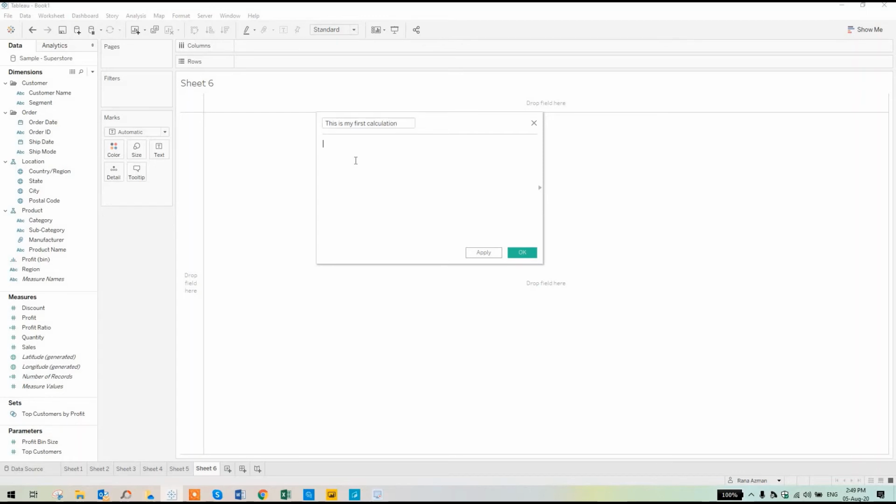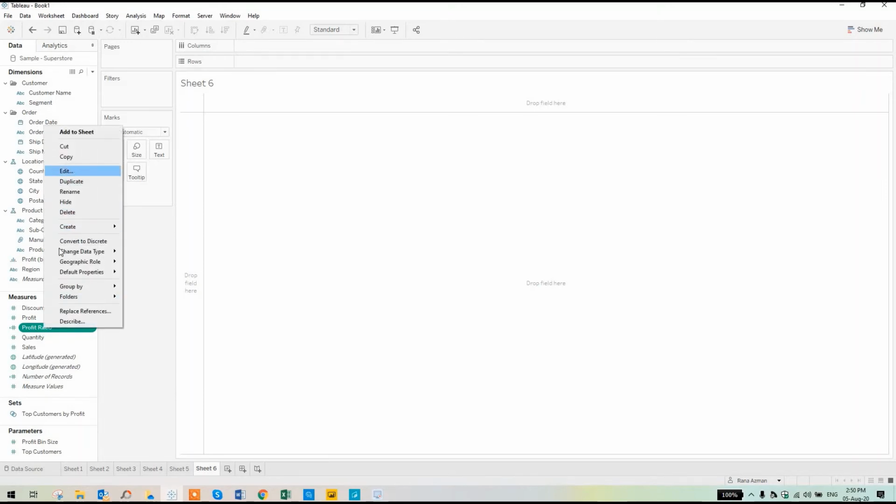Right now you want to know the profit ratio, or put in different types of formulas. If you want to calculate the profit ratio, I have already created one, and it is also already provided in this data set.